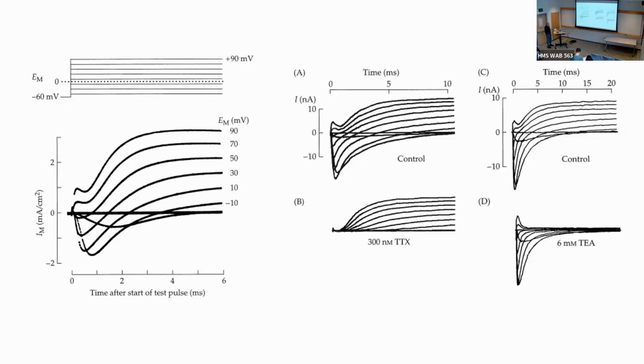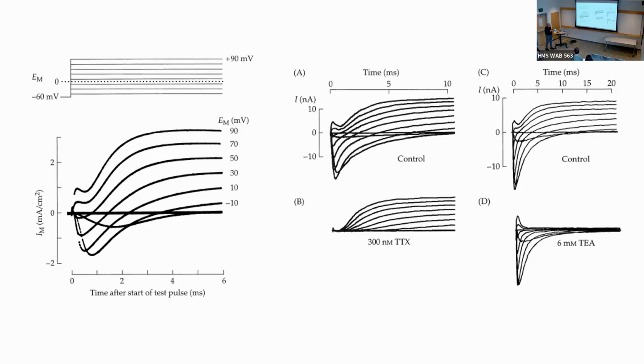So this is one of the records from Hodgkin and Huxley in the squid axon. What they saw was, at rest, there's basically no conductance. And if you depolarize to a certain point, say here, it's minus 10 millivolts, then you have an inward current followed by an outward current. They hypothesized, and did some experiments to convince themselves, that this inward current was carried by sodium coming in through the membrane when the membrane was depolarized. The outward current was a slightly delayed conductance that was potassium going out through the membrane, carrying it out.